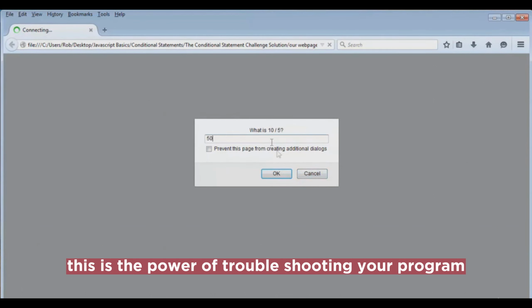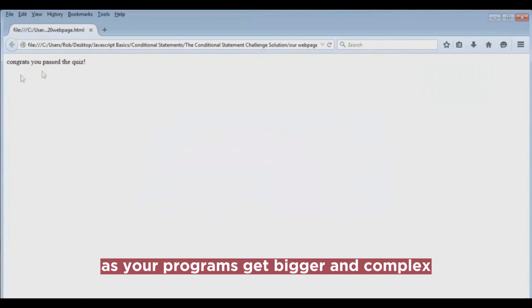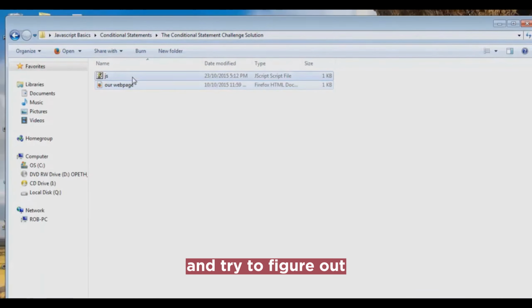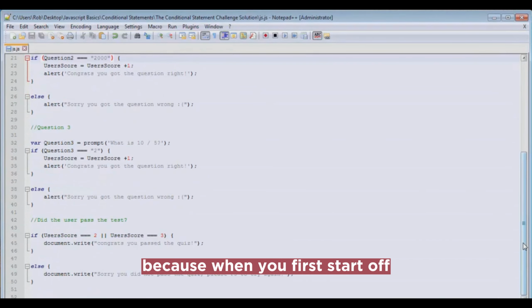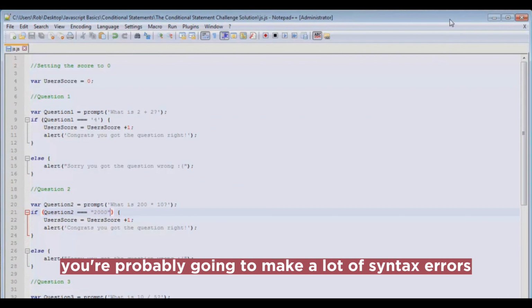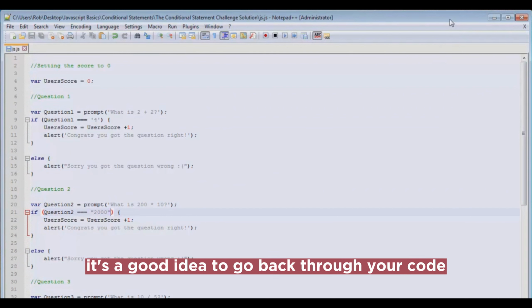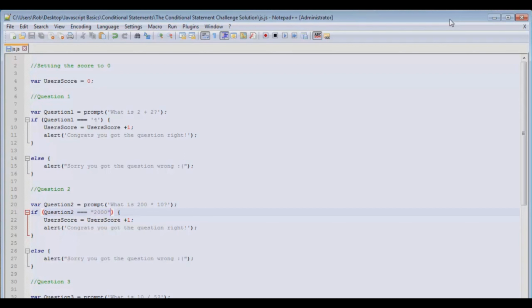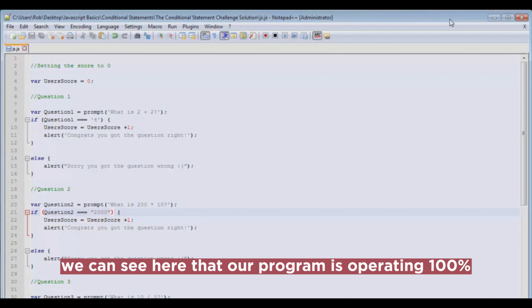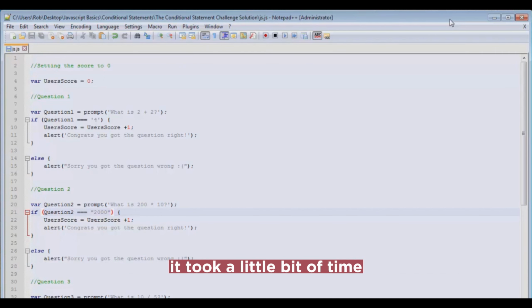This is the power of troubleshooting your program. As your programs get bigger and more complex, you need to troubleshoot them and try to figure out the possible ways for your programs to run. Because when you first start off, you're probably going to make a lot of syntax errors. It's a good idea to go back through your code and try to achieve each outcome in your code. This is called debugging and testing your program. We can see here that our program is operating 100%. It took a little bit of time,